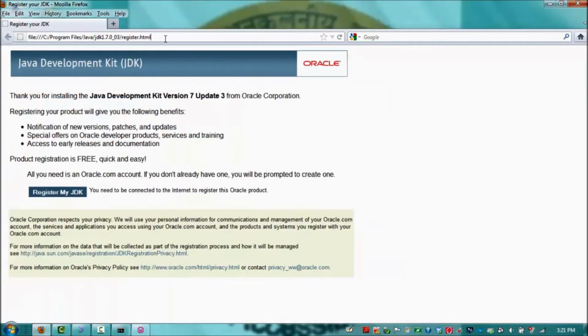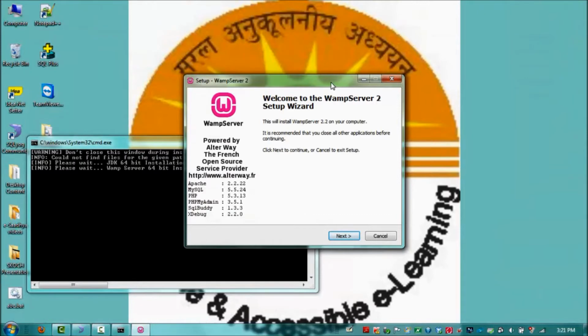Now Java Development Kit is successfully installed. Close the browser window.